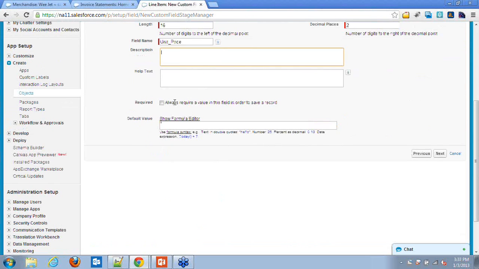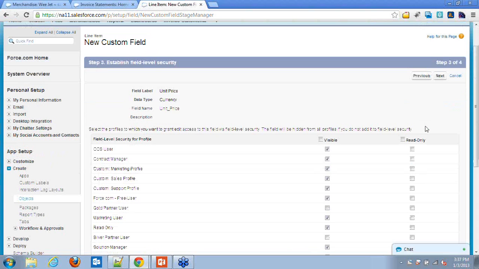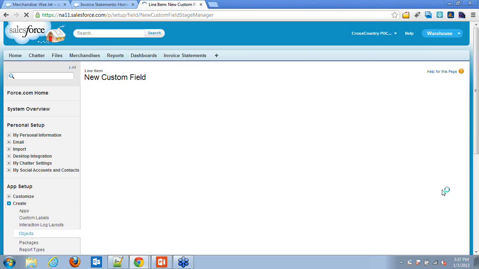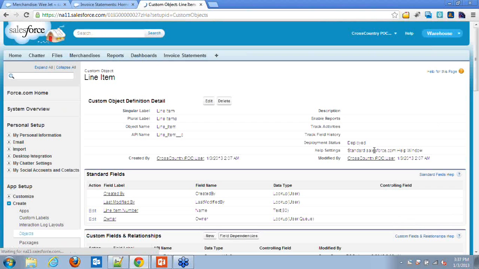And let's go to the next. This unit price should come from the actual product, so we are making it read only.